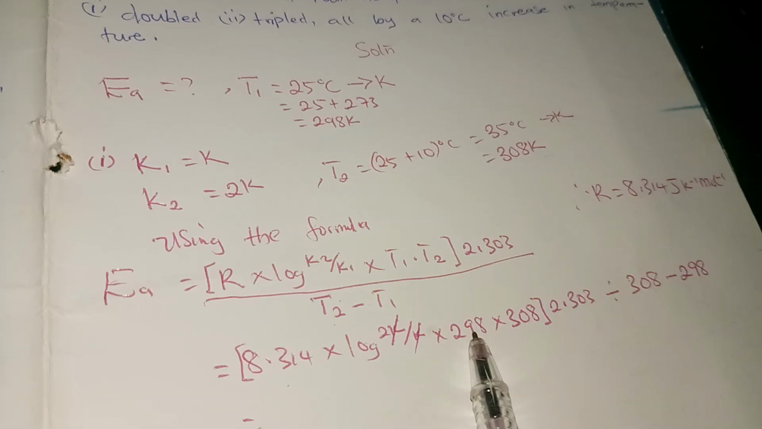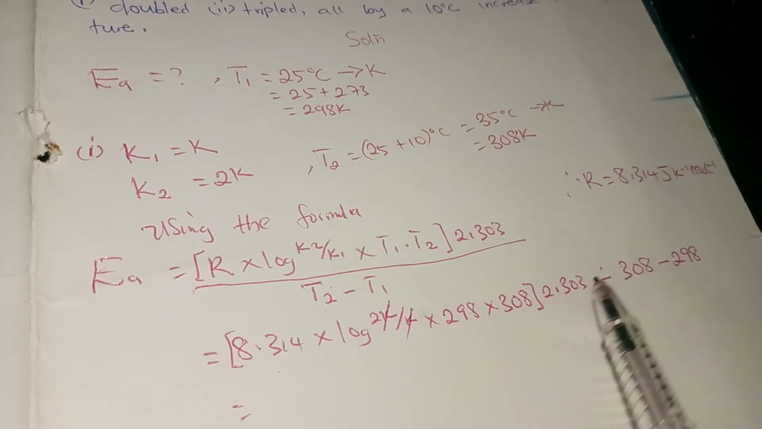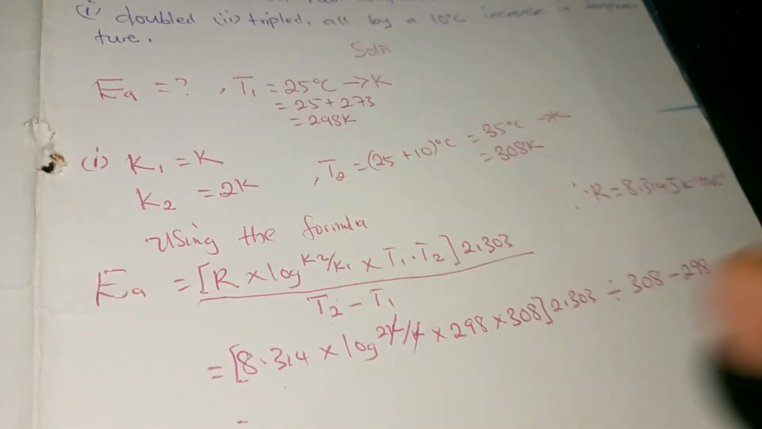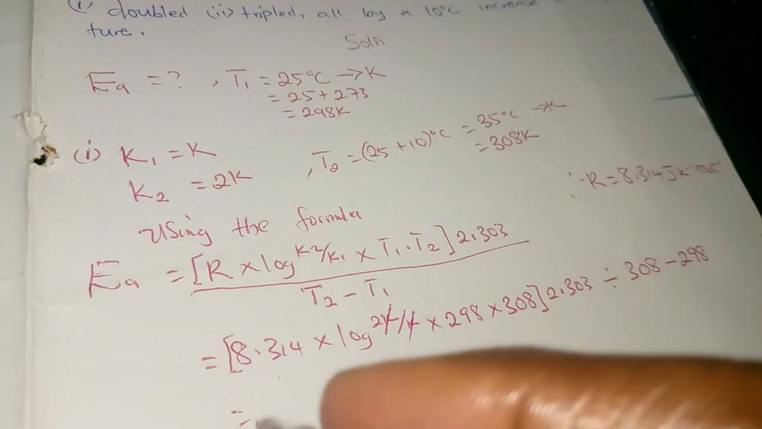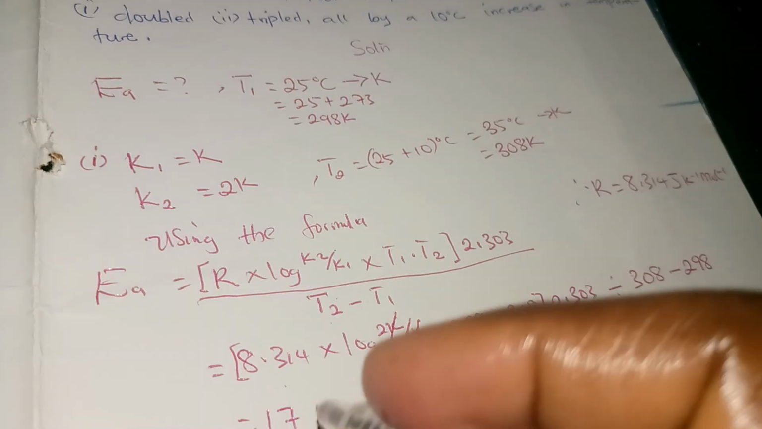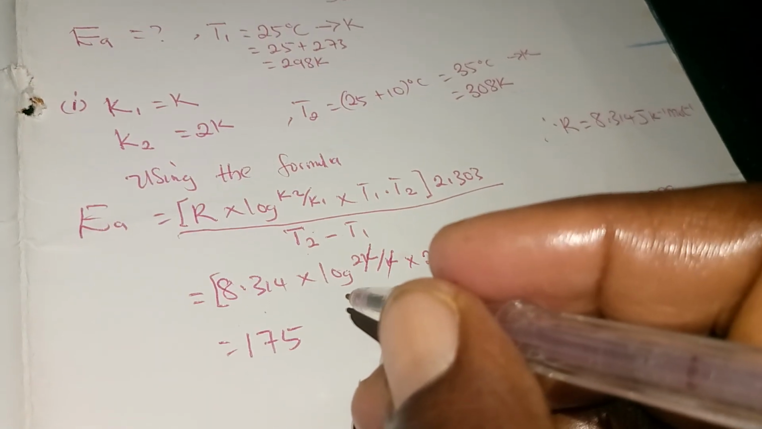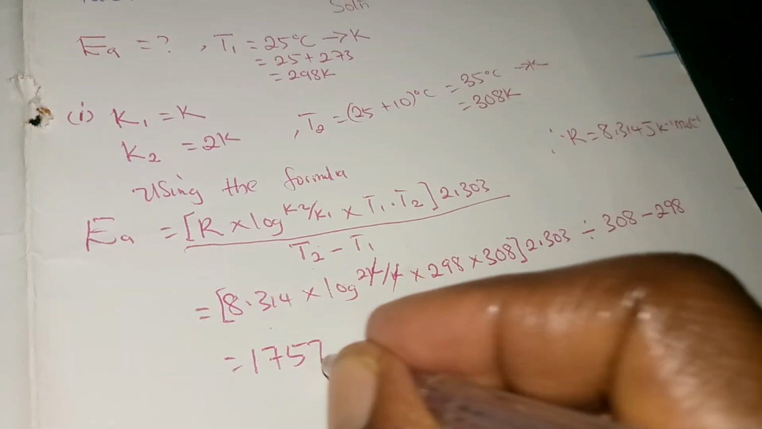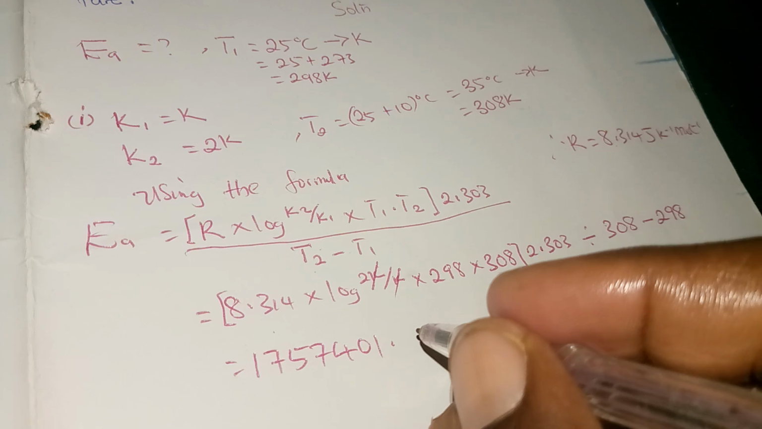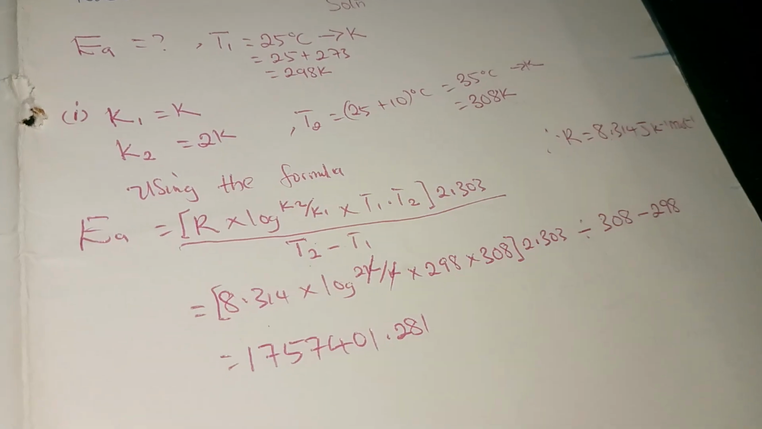8.314 times 298 times 308 times 2.303. So if I do this, what I am going to have, by using your calculator, is 1757401.281. Okay, now